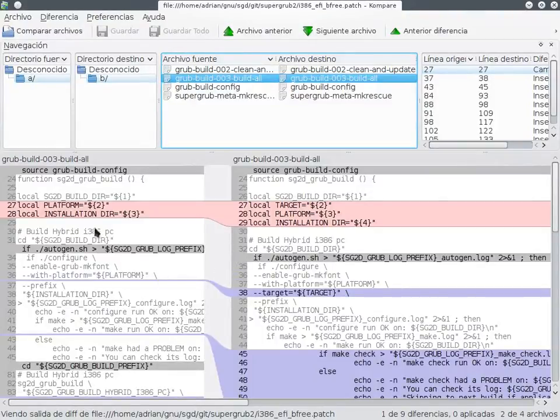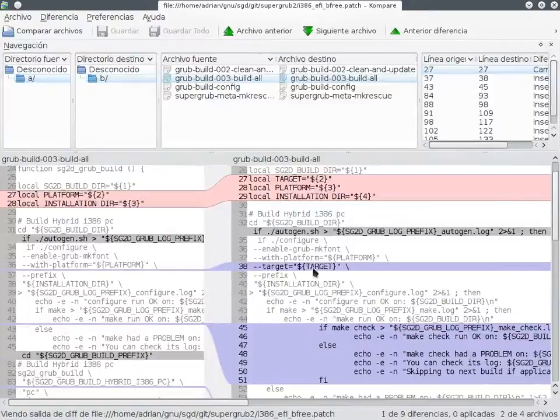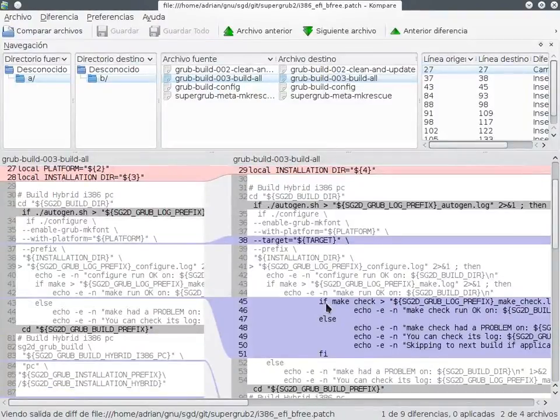Anyway, this is adding a target variable. Okay, so I guess that we add this target to the function call. So this target is the one that I guess